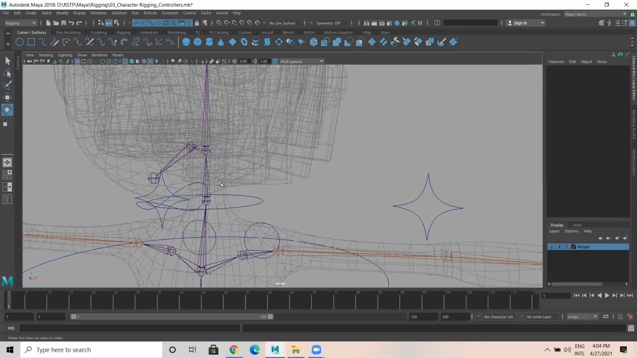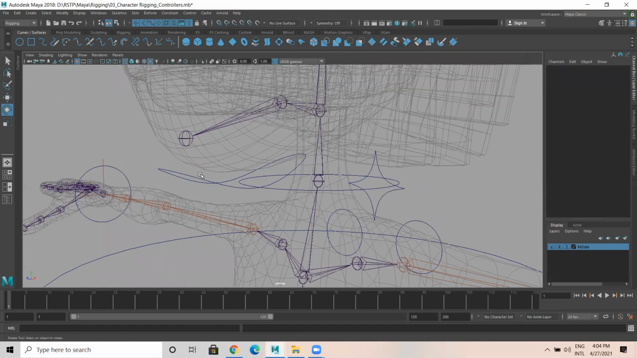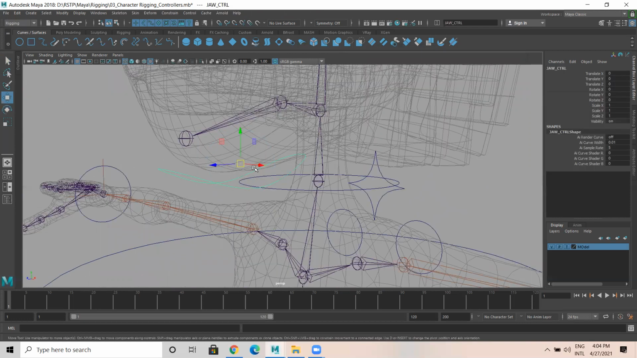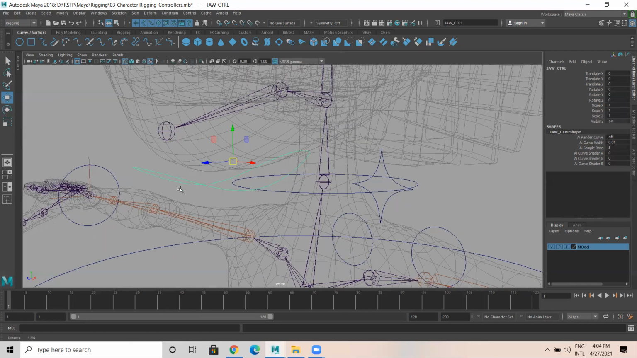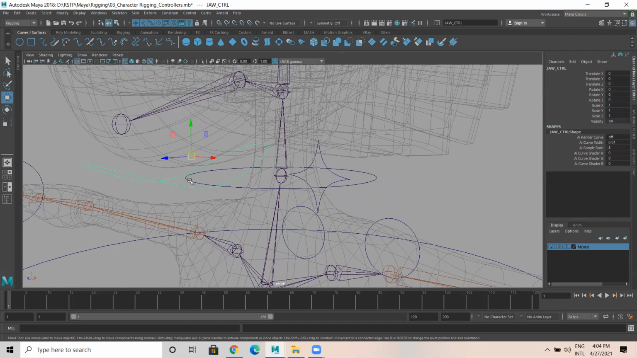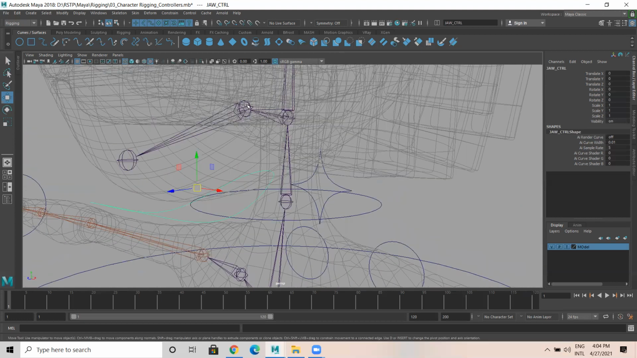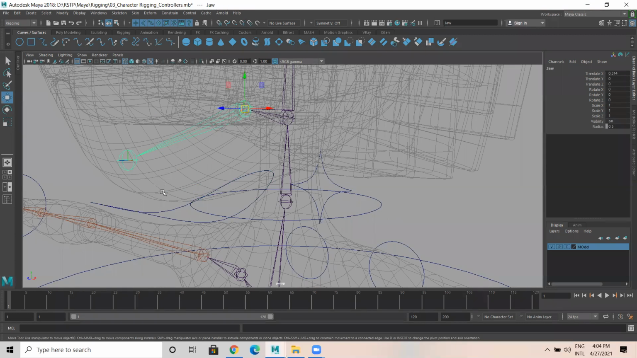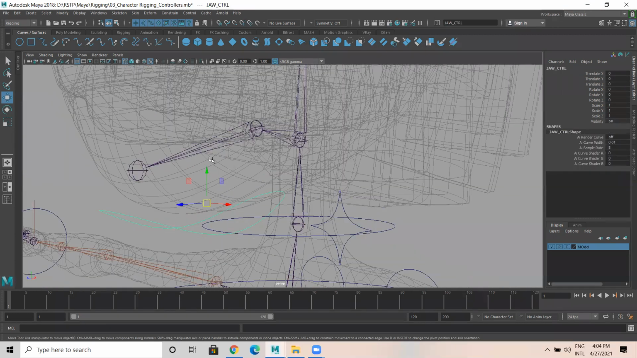Okay. So now let's do this part. When I select this, I want this pivot to be here. This particular curve, the jaw controller, the pivot point of the jaw controller has to be inside this particular jaw joint. So how do we do that? How do we change the pivot of one object to another? So select this. You can press the Insert button or